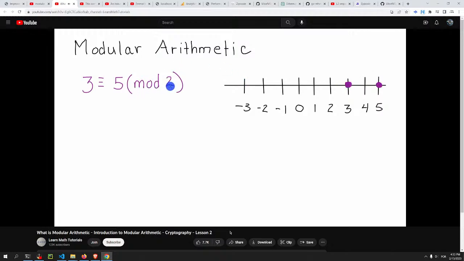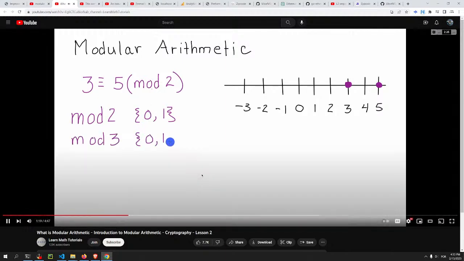So the 2 here in mod 2 tells us how many values we can have in mod 2. That means there's only 2 values in mod 2. So for every mod, the value starts at 0 and it ends at one number less than the mod. So one number less than 2 is 1. So for mod 2, the acceptable values are 0 and 1. If we were dealing with mod 3, we would have 3 values to work with, starting at 0, then 1, and going up to